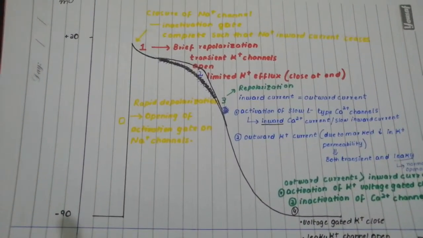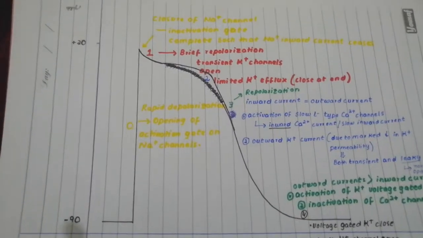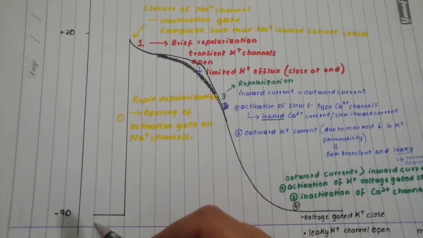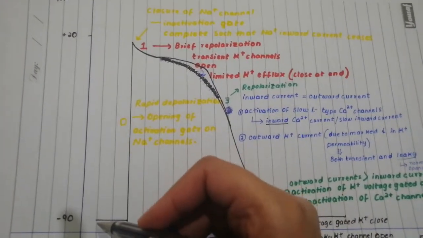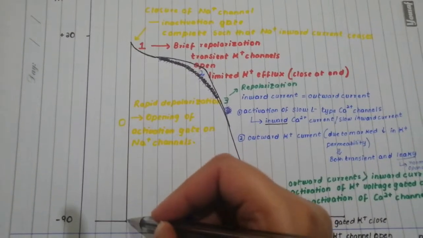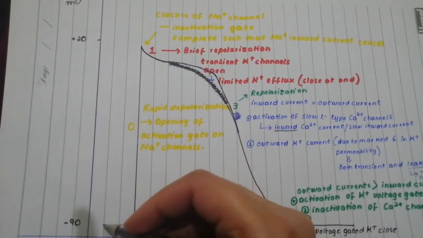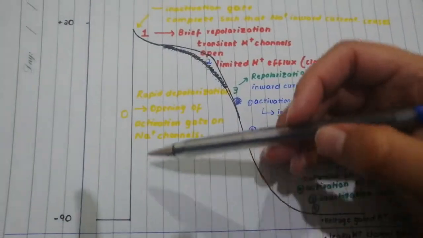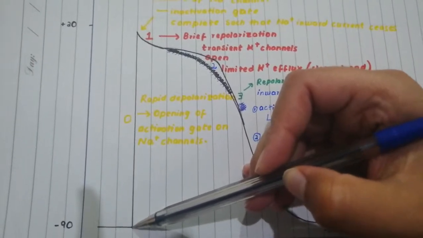Hey guys, in this video we will be talking about the action potentials in cardiac muscle fibers. So we will start with this part of the curve, which is referred to as phase 4. This is when the muscle fiber is in its steady state, that is, in its resting state at a membrane potential of -90. And then something interesting happens which is different from how you would draw the upstroke of a skeletal muscle